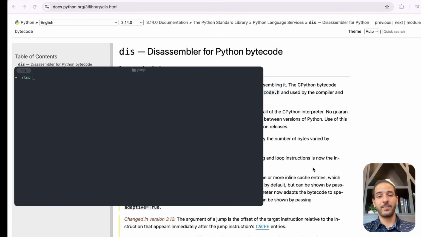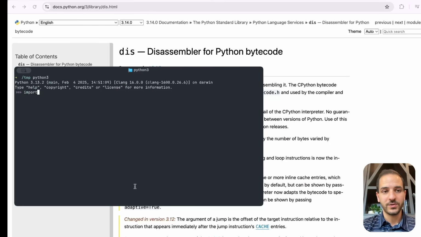If we take Python as another example, Python is not a compiled language, but rather an interpreted one, meaning that when we write a Python program, it's not compiled into an executable file, but rather it's passed to an interpreter that runs the Python commands one by one. So the way it goes, the Python code is compiled into an intermediary format, a bytecode, that's run by the interpreter. So if we use the dis module, which is the disassembler,